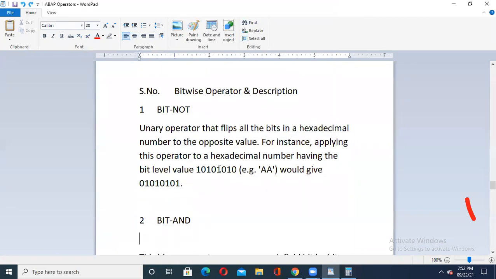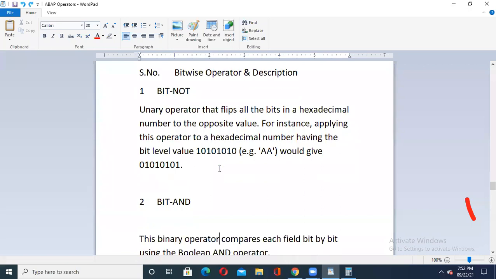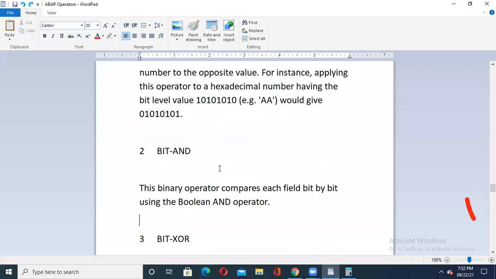So this is the use of your bitwise operator. Like this bit not, there is also bit and, and we can compare two values together with it. I can compare AA with AB, and then get the result with the help of this bit and operator. In the and operator, we know that when my first bit is 1 and second bit is 1, only then my final result will be 1. But if my first bit is 1 and second is 0, in and we get 0 as the result.